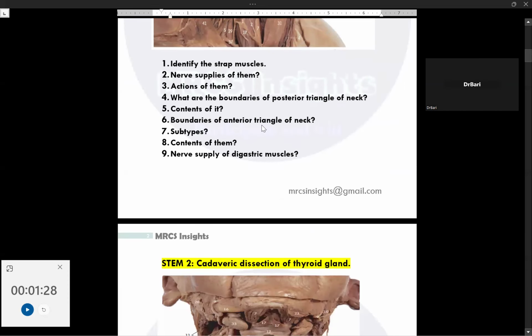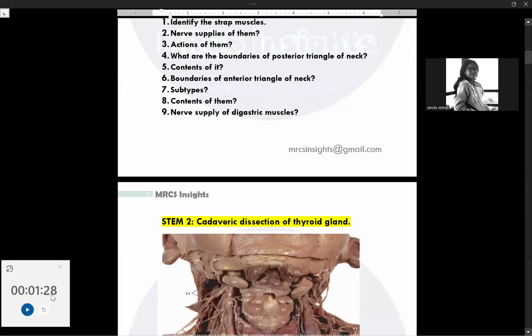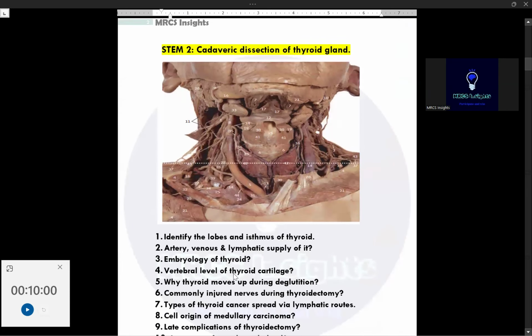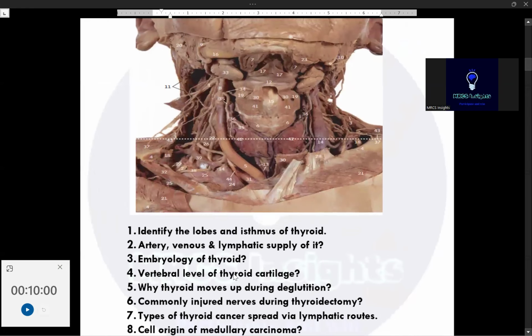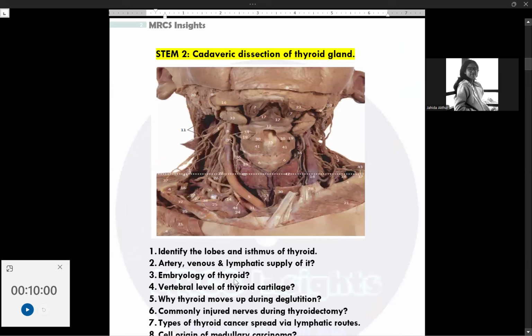problem. No problem. So next is Dr. Jahida Akhtar. Okay, hello, Dr. Jahida Akhtar. Hello, ma'am. So how are you? I'm fine. Okay, so can you see the image and timer properly? Yes, ma'am. Okay,